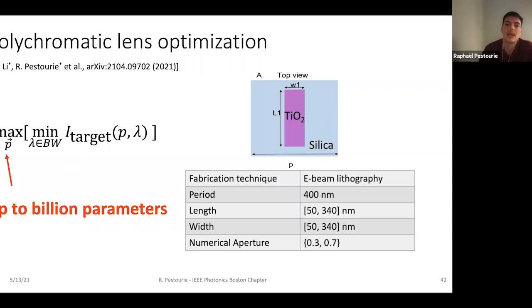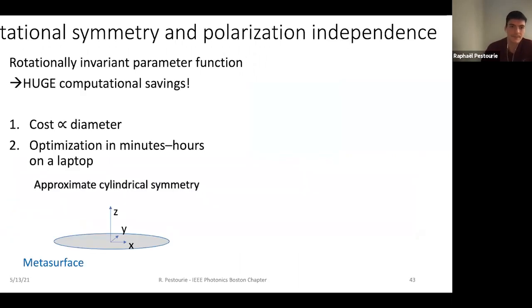Okay, and here the unit cell is a titanium dioxide pillar. This is a top view that has 2 parameters, a width and a length, and it's on top of silica. So here, we had to work on making this problem